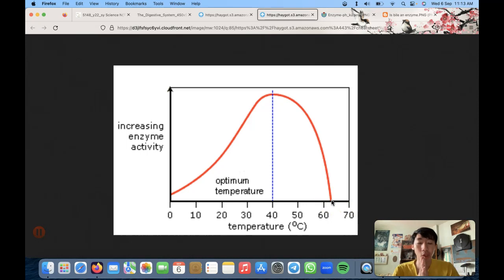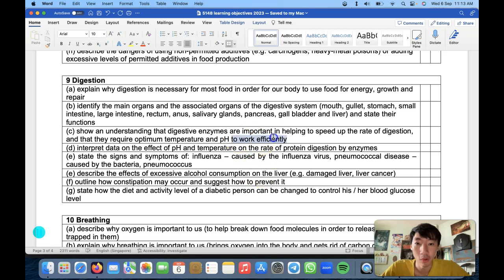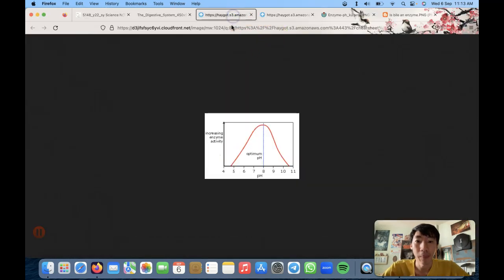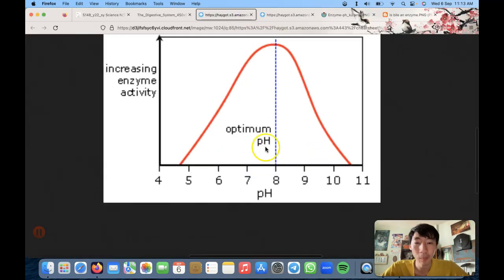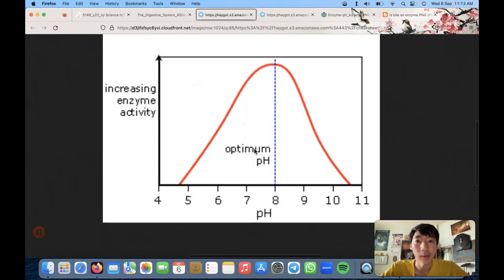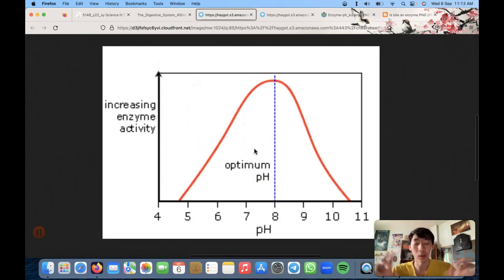What about the perfect temperature, the optimal temperature? Then the enzyme is very active, very efficient. It's most efficient at the optimum temperature. That's what we just said. Enzymes are most efficient at the optimum temperature. Now a similar story happens for pH. pH is a bit different from temperature, actually, but the terms we use are the same. So we know that the enzyme will work most efficiently at its optimum pH.